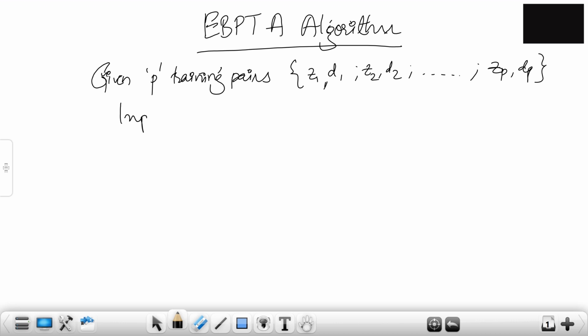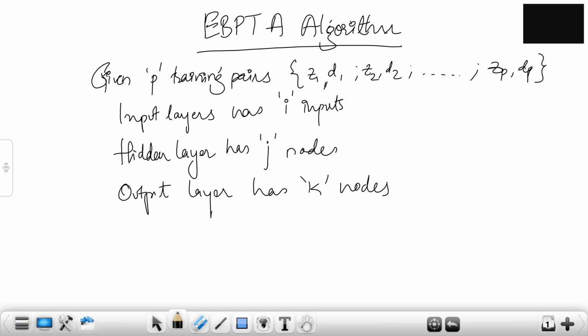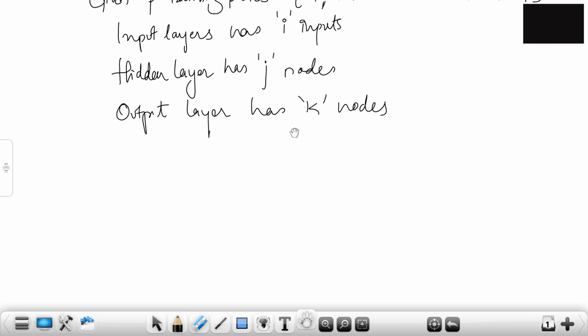The input layer has I inputs, then the hidden layer has J nodes, then the output layer has K nodes, right? So this is what we already know. Now let's go to the part.